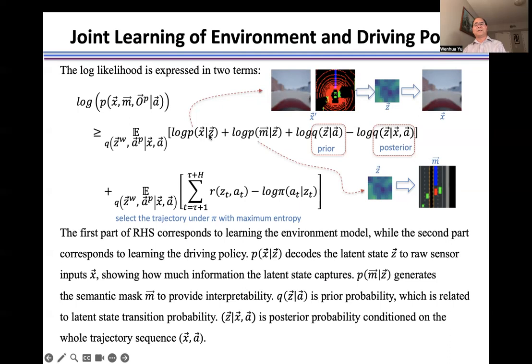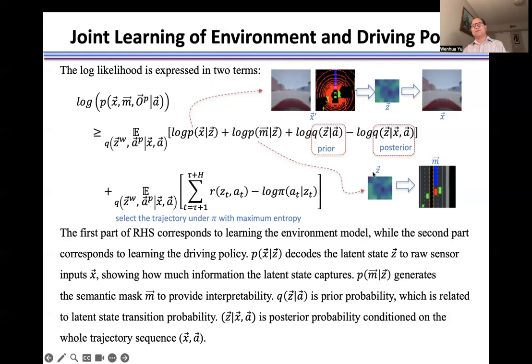The first one is, for a given latent state, we find this X. That means from this latent state, we find what features the model learns from the input image. And the second term is, for a given latent state, what is the mask?